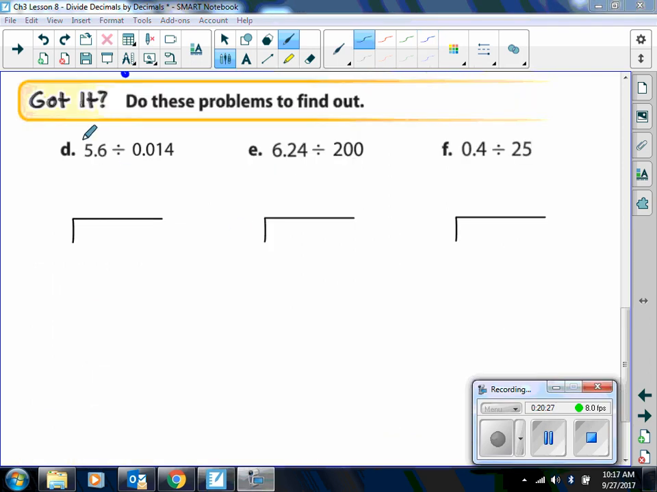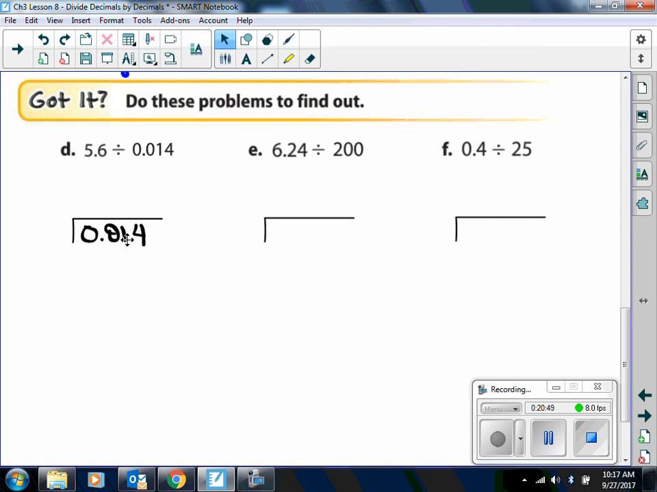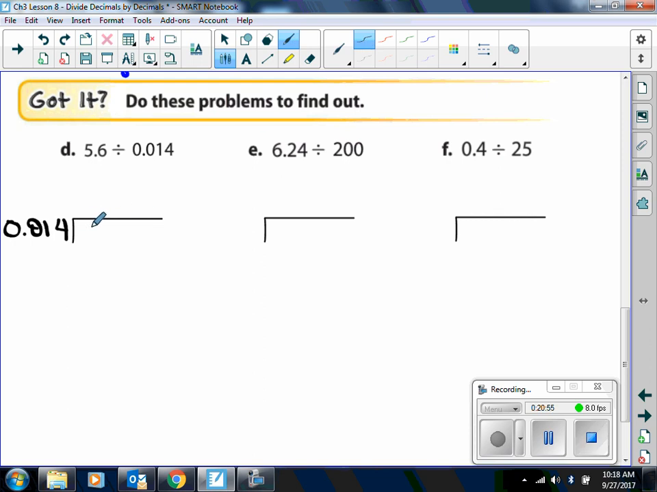So here we're going to divide 14 thousandths divided by 5 and 6 tenths. So we have 0.014 in, is that the right place for that? No, that's the divisor, right? This goes out there, right? Good catch. Good catch, Mrs. Hart. Okay, so here we're going to divide 5.6